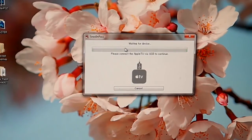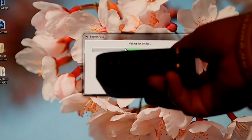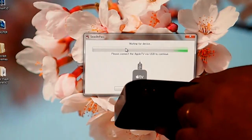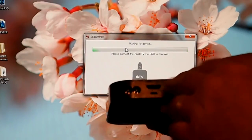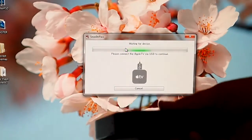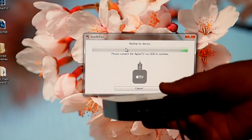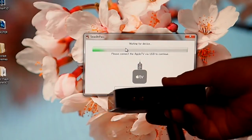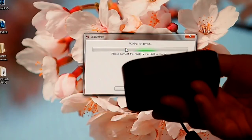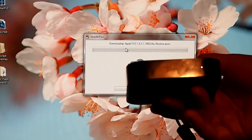Alright, so now at this point it's asking me to connect my Apple TV with the micro USB. Just going to come on over here. This is the Apple TV, if you guys can see it here. Now the spot you actually want to insert the micro USB is just under the HDMI, and there's a port just below that. Alright, so just take that, plug it in, and on the front, there we go, you hear the magical sound,